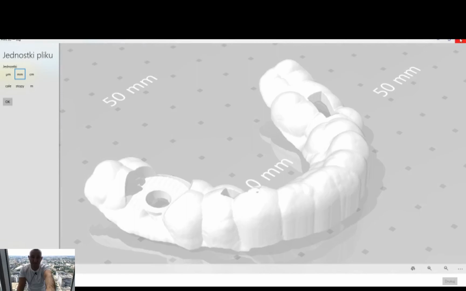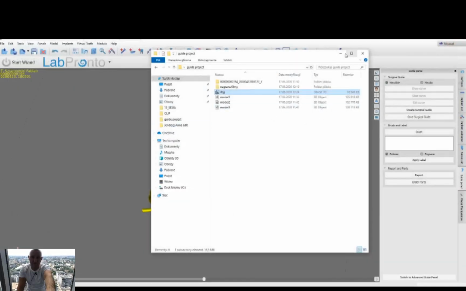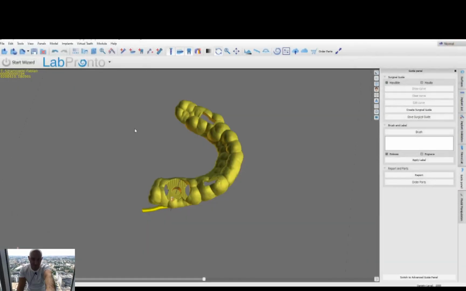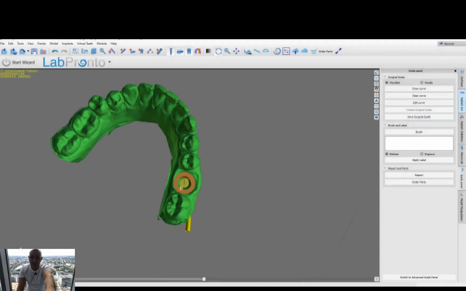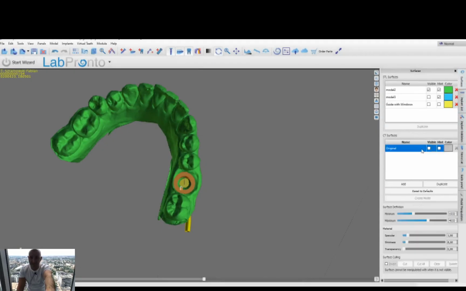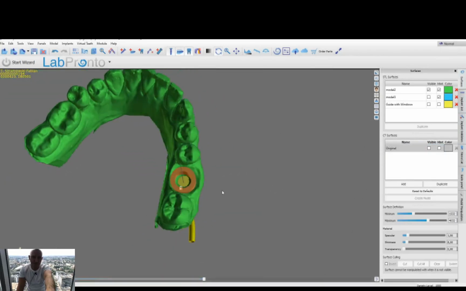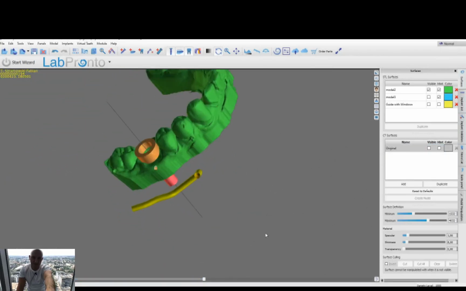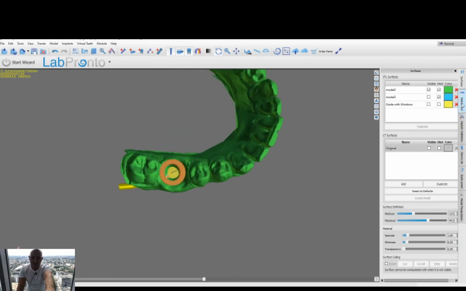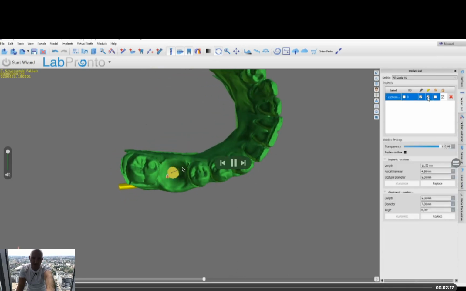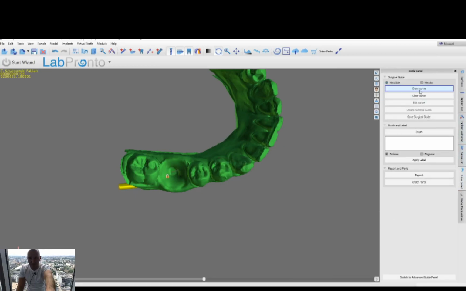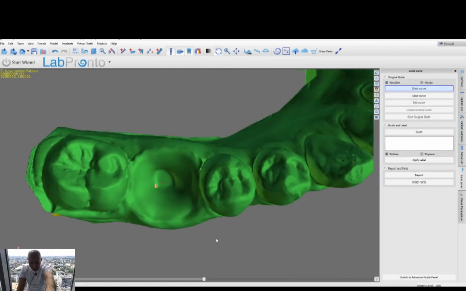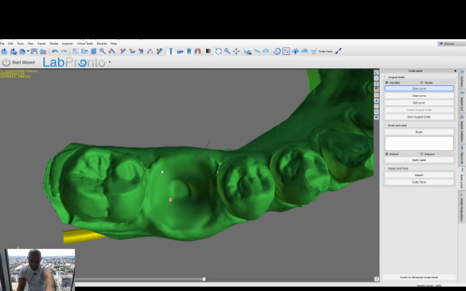But it's not the end, because using this function, I will design something more, and this will be the basis of my future custom healing abutment. So in fact I will mark the area of my shape here, and the software will calculate something that will look like